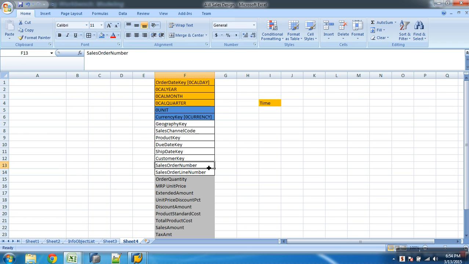Simple. My question is, how many dimension IDs do you have in the fact table? 16. How many dimension ID columns? 16. So each dimension key in my fact table is connecting to one dimension table, right? And from the dimension table I am connecting to SID. How many SID tables max can you connect to through one dimension? 248.